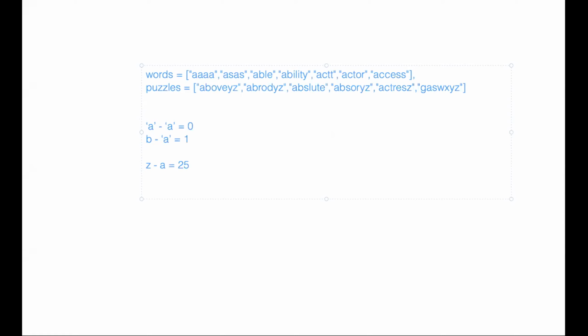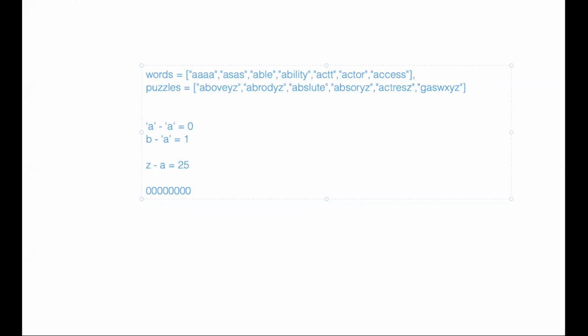Now, what I'm thinking, maybe I can take each word first and start building a mask. Okay, so let's say we have a 32-bit integer. And for the sake of simplicity, let's take an easy one. 1, 2, 3, 4, 5, 6, 7, 8. I'm just taking 8, and I'm considering the characters that I have are from A up to 8 characters.